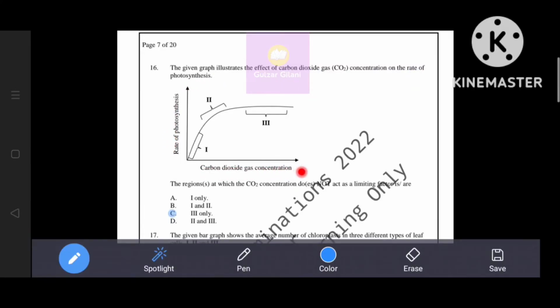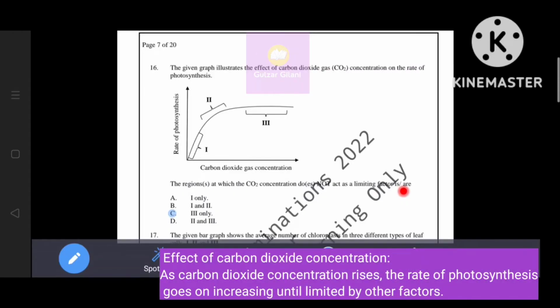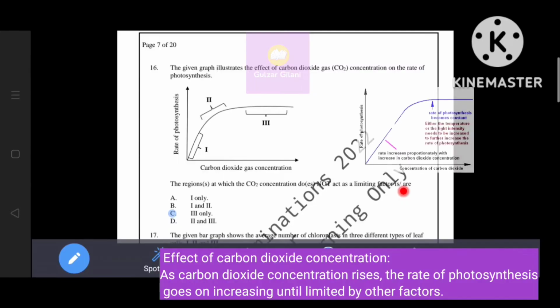The regions at which the carbon dioxide concentration does not act as a limiting factor is... As you know, as the carbon dioxide concentration rises, the rate of photosynthesis goes on increasing until limited by other factors. यहाँ पे भी हमें रेट ऑफ फोटोसिंथेसिस इंक्रीज होता हुआ नजर आ रहा है जैसे जैसे कार्बन डाइऑक्साइड की कंसंट्रेशन बढ़ी, मगर यहाँ पे हमें रेट ऑफ फोटोसिंथेसिस बढ़ता हुआ नजर नहीं आ रहा है, चाहे हम कितनी भी कार्बन डाइऑक्साइड की कंसंट्रेशन बढ़ा लें, मीन्स यहाँ पे कार्बन डाइऑक्साइड की कंसंट्रेशन लिमिटिंग फैक्टर नहीं है, दैट्स वाई ऑप्शन C, 3 ओनली इज द करेक्ट आंसर।